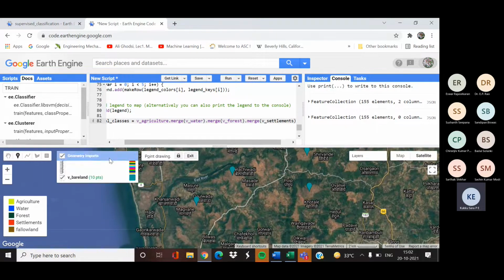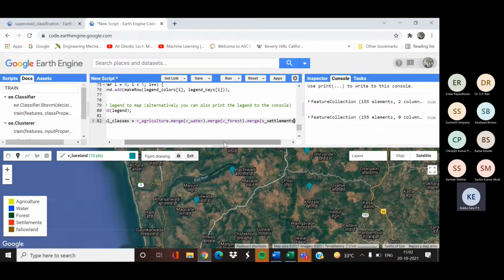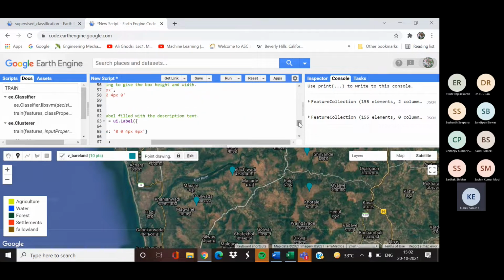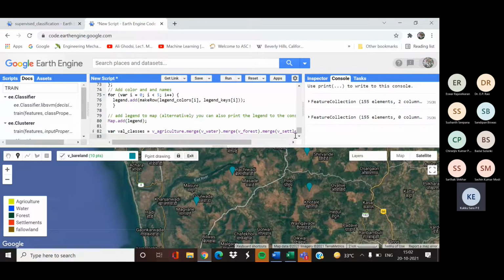Give the same name as we have given here. So now we have merged all the classes. Like training points, this feature collection also will have each feature with its corresponding properties.